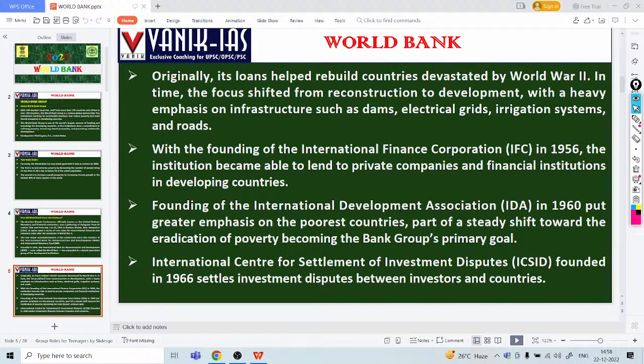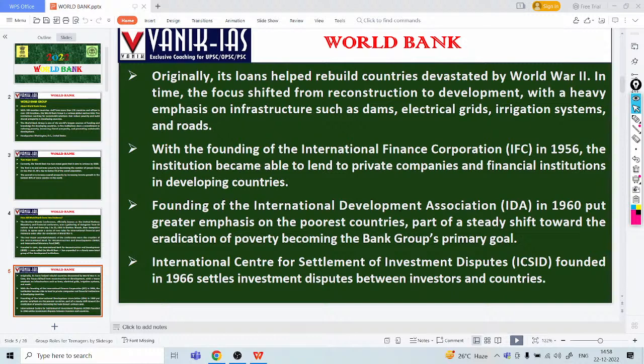Okay, after the reconstruction activity is over, what to do next? After reconstruction, the fund was diverted for development. So development became the new parameter of the International Bank Group. Founding of the International Development Association in